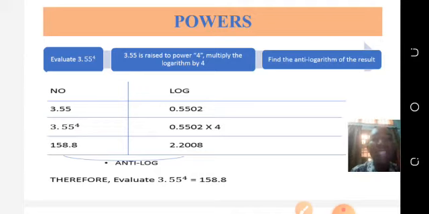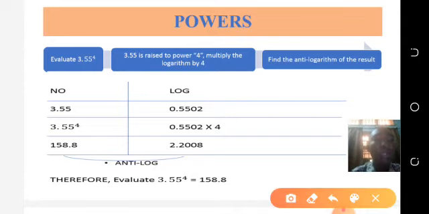Now, with this, you want to multiply the logarithm, 0.5502, by 4. And that will give us 2.2008. Let's check the antilogarithm now. When you check the antilogarithm, we are looking for the antilogarithm of 2.200 under 8, difference of 8. And it's going to give us